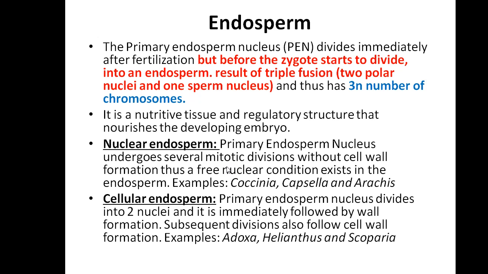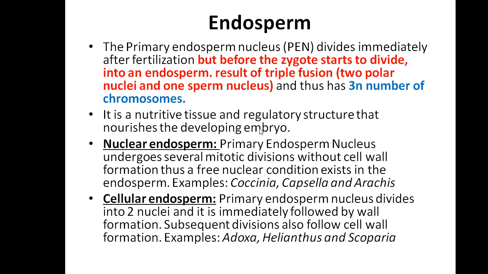So next I am coming to the endosperm nucleus. The primary endosperm nucleus is formed by fertilization. This endosperm, again, has 3 types. It has 3 sets of chromosomes. The endosperm of an angiosperm will be 3n, because it consists of 2 polar nuclei fused with 1 male gamete. So the 3n, or triploid, chromosome number is seen in the angiosperm, which is a very important question.